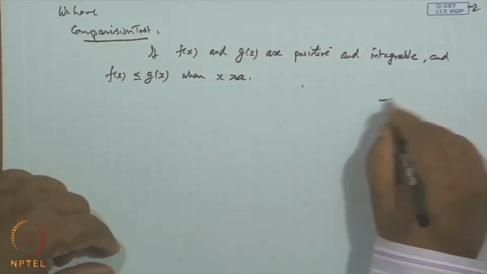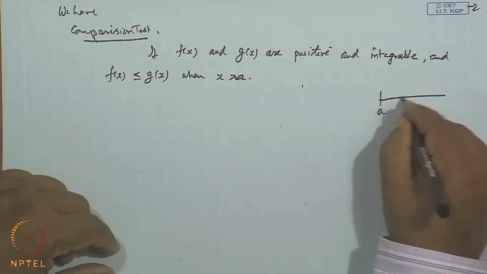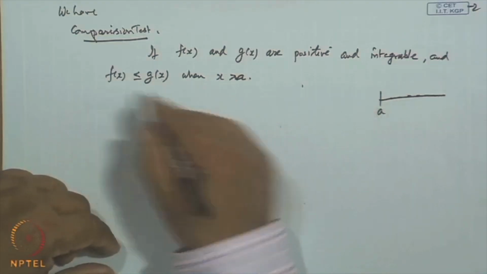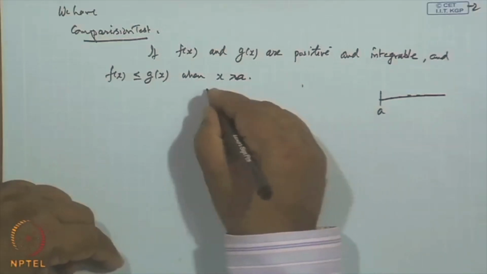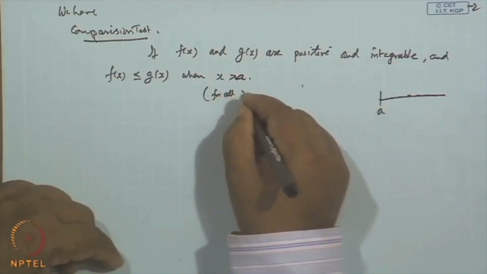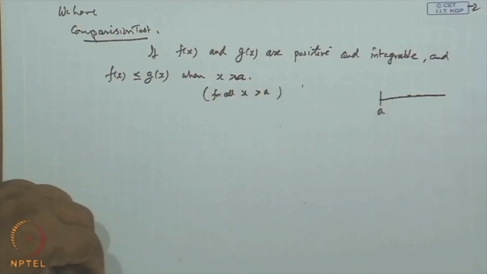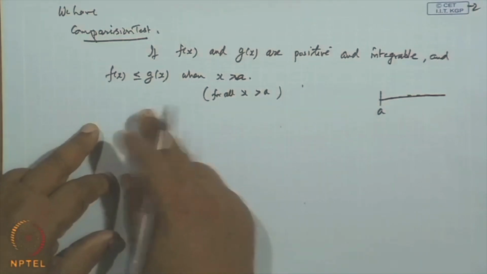It means from a onward, whatever the point x is, this condition is satisfied. This is true for all x strictly greater than a. Okay, then